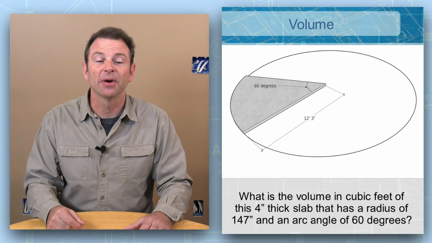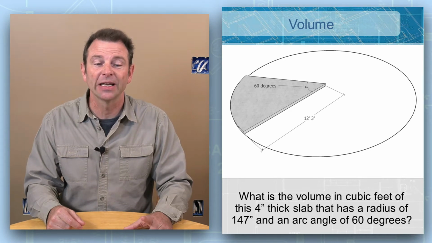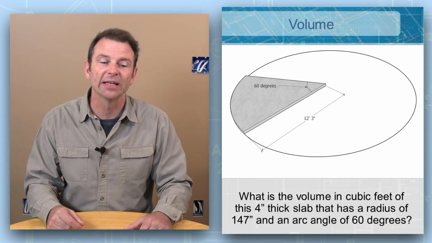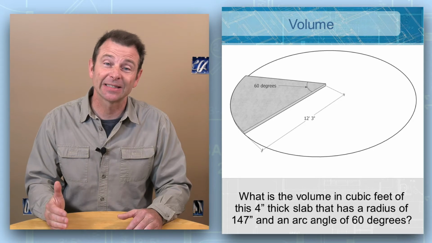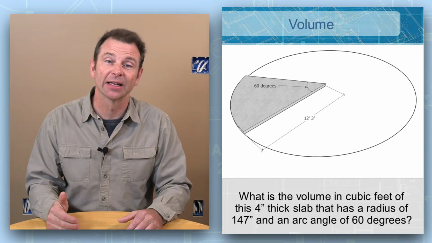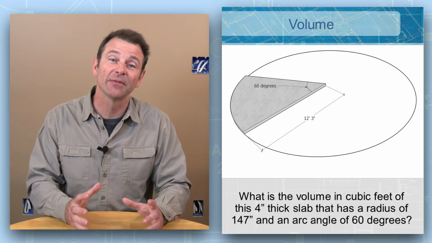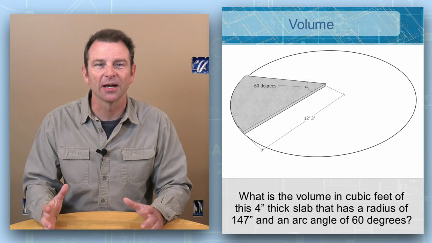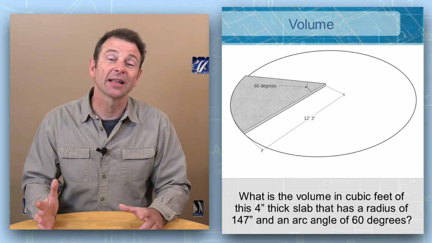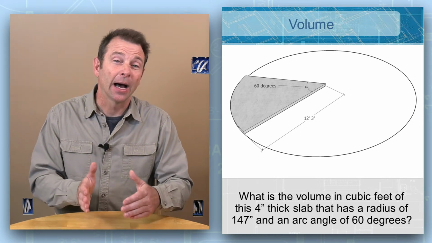What is the volume in cubic feet of this 4-inch thick slab that has a radius of 147 inches and an arc angle of 60 degrees? You saw something similar to this in our area lesson, and we can apply some of those rules here. In order to calculate the portion of any cylinder, we need to calculate the whole and then figure the amount